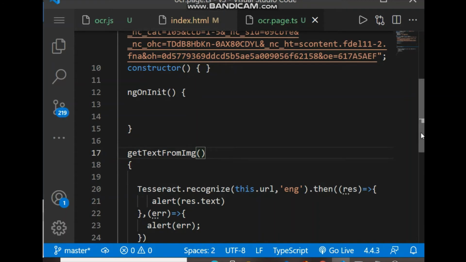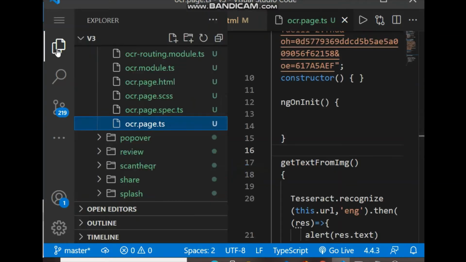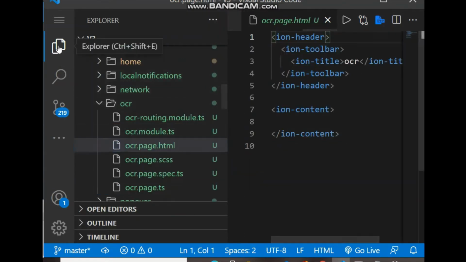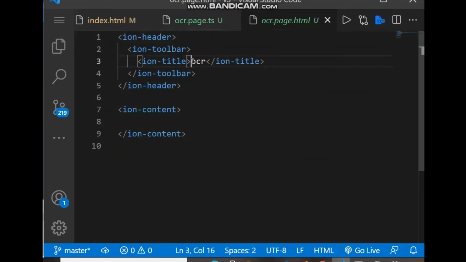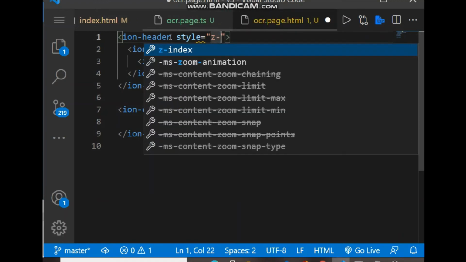So this is the method, and we will call this method from the HTML. So let's go to the HTML page. So this is the HTML, and let's put some CSS here.